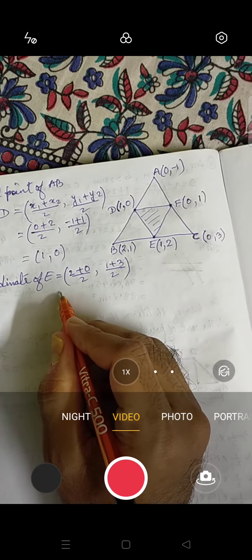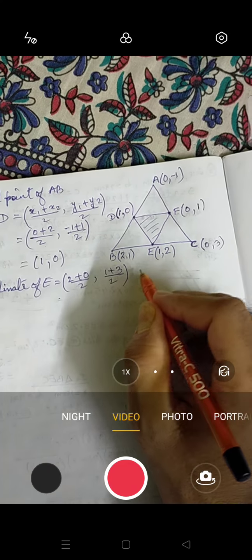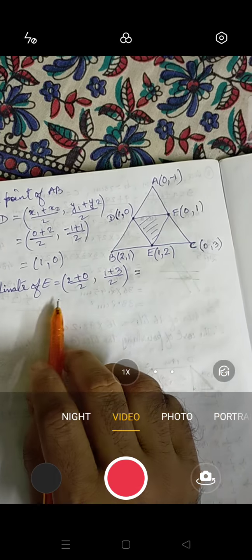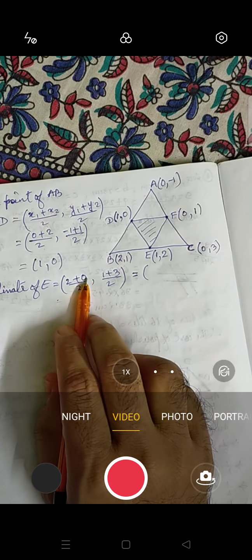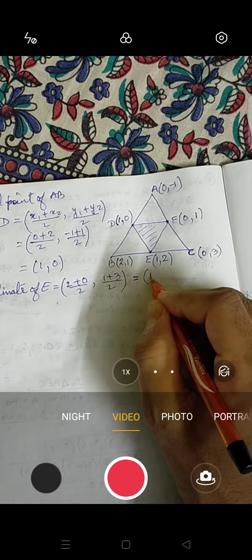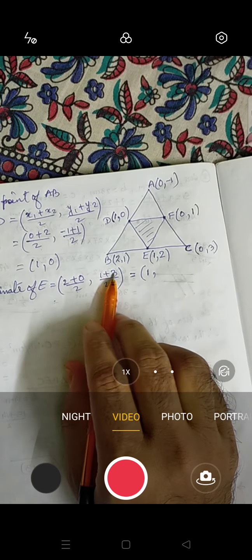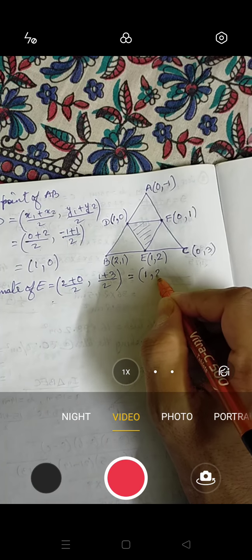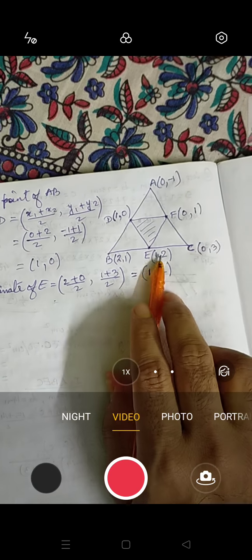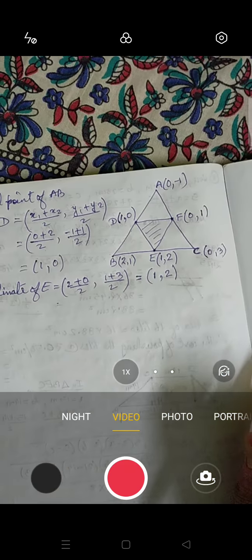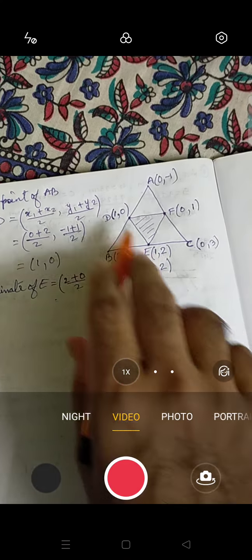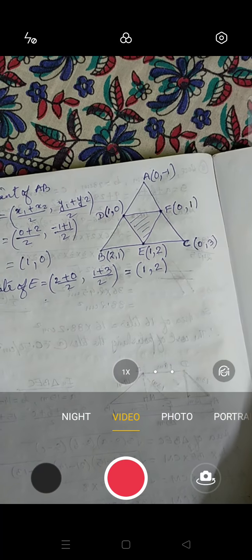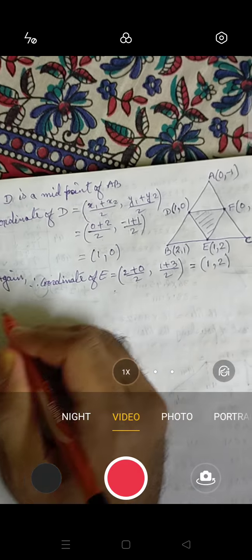Now next line you will write it here. I am saving my page, so I am writing it over here. So next we can say 2 plus 0 is 2, 2 by 2 is 1, comma 1 plus 3 is 4, 4 by 2 is 2. So we got this is the coordinate of E. I have already written here. If you have not written this before, then after finding, you should write it in the coordinates, okay? Then next line, similarly